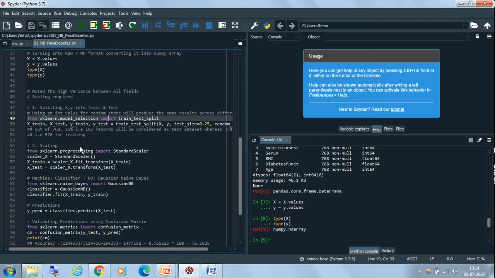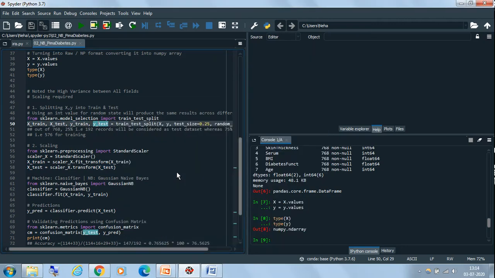Xtrain will hold the independent features of the training data set, Xtest the independent features of the testing data set, Ytrain the dependent feature of the training data set, and Ytest the dependent feature of the testing data set. This is equal to the train_test_split function.